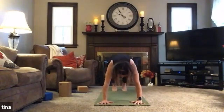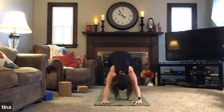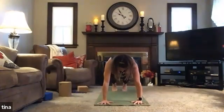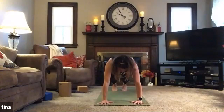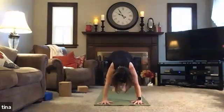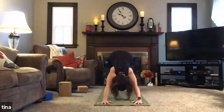All right, now the next time you inhale forward to plank, let's hold it here. Push the floor away, whether you're on your knees or knees are lifted. Grip the floor for 5, 4, 3, 2, 1. Exhale, down dog or child's pose for 5,